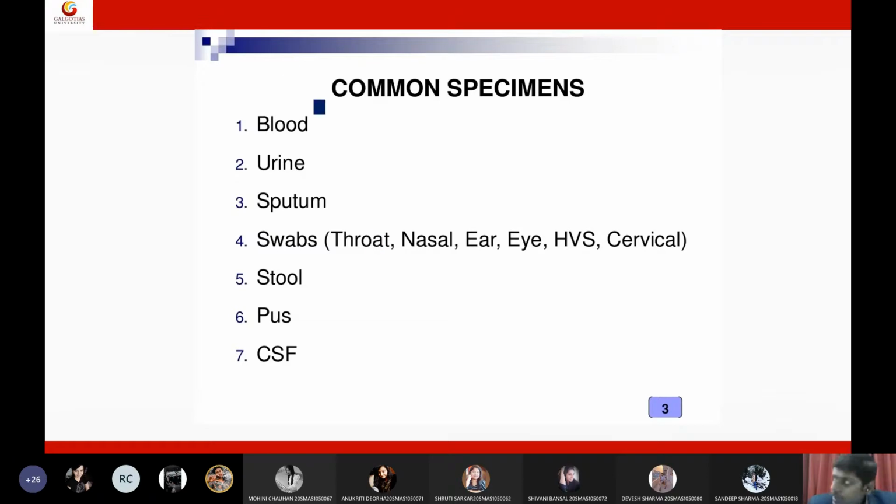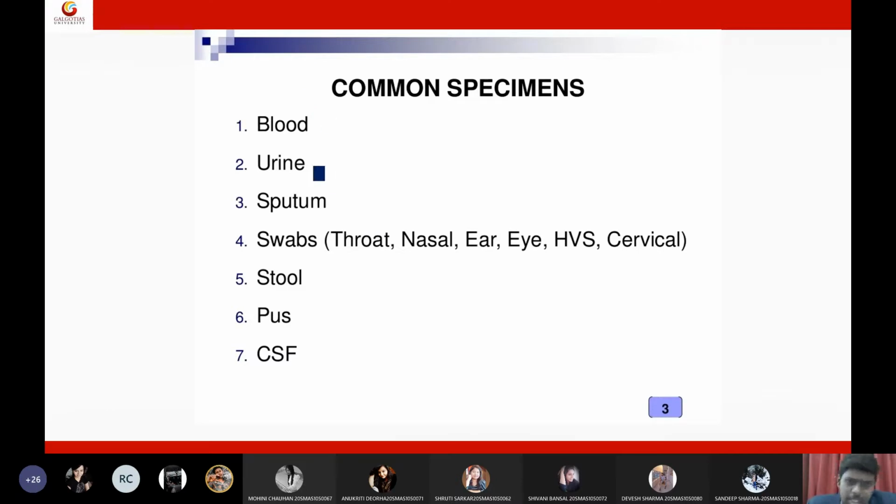Usually, blood specimen is collected for detection of viral antibodies in the patient. So rather than detection of virus in the patient, here we will detect the viral antibodies. The reason is, see, if a patient got infection, definitely he may develop antibodies, right? And presence of those antibodies indicates that the patient got infection. So for detection of those antibodies, we will go with blood specimen.